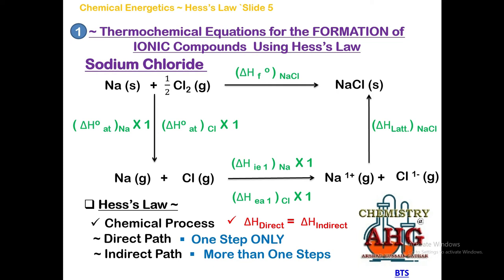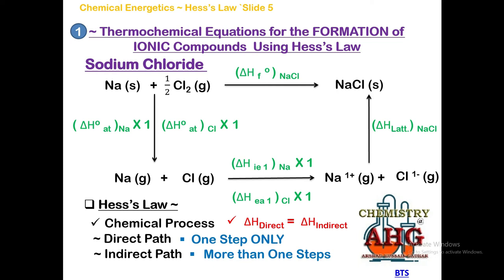So what is the most important information that you must remember? That the indirect path for the formation of an ionic compound involves three steps, namely atomization, ionization, and formation of lattice. Okay, students, on the next slide, I'm going to give you an example of a slightly more difficult compound,